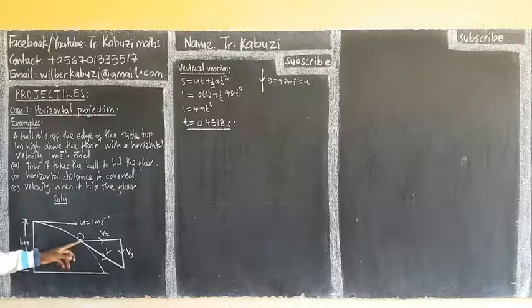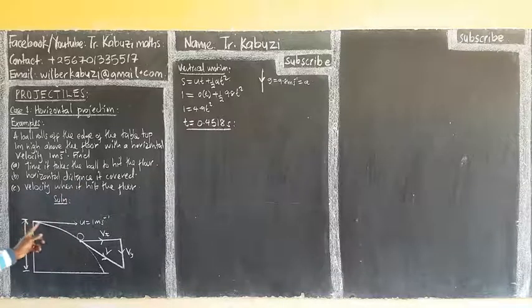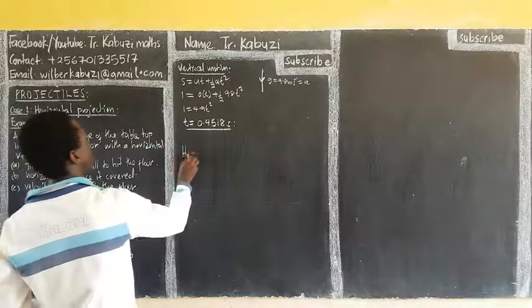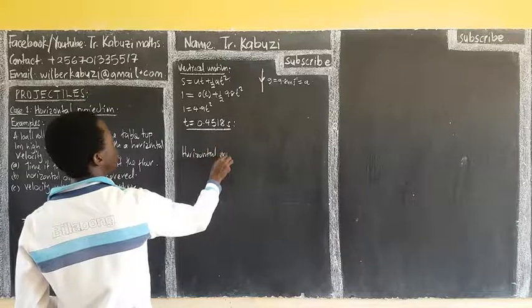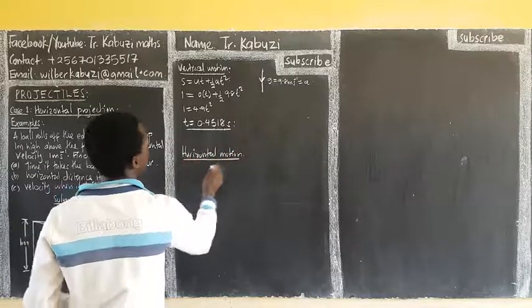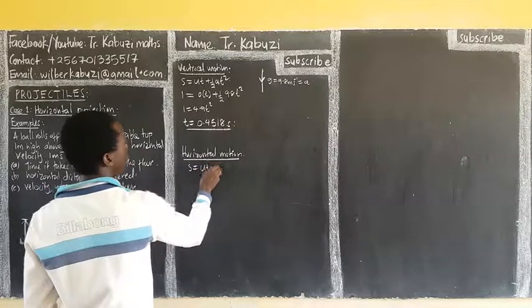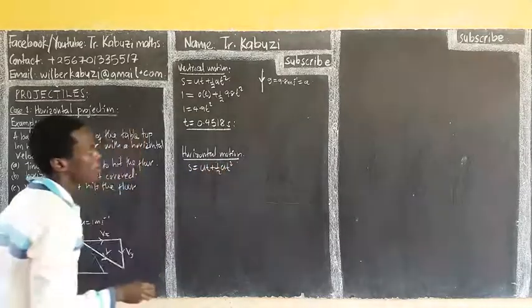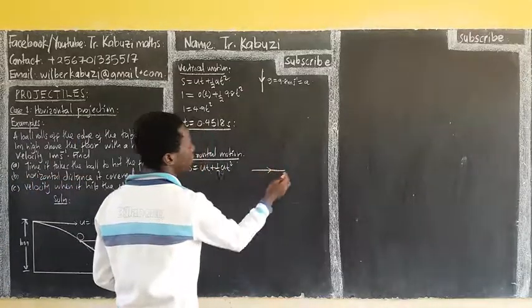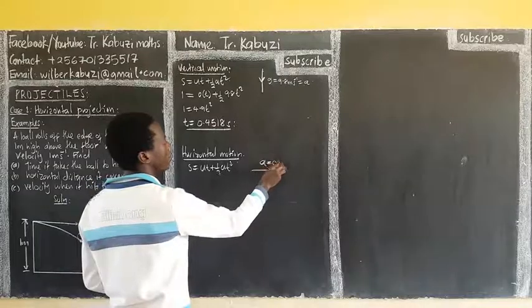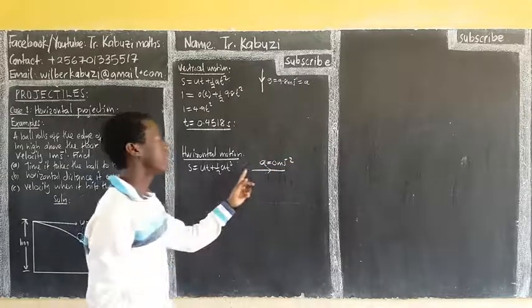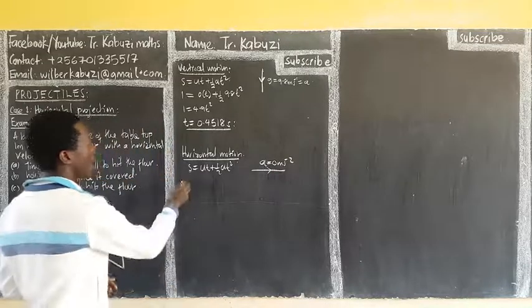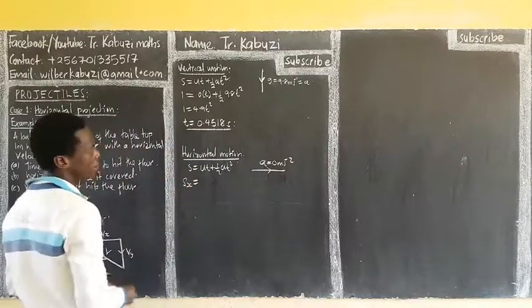Now this is our ball. Now the next one is the horizontal distance it covered. Assuming our ball is here, the horizontal distance it covered, from here up to here, we need that horizontal distance. So in simple terms, we are now going to consider the horizontal motion. Now we are talking about the distance. So we are going to use the formula s equal to ut plus a half at squared. Now we said in horizontal, whenever we are moving like this, the speed is going to be the same. So there, our acceleration is going to be 0 meters per second squared, because this speed is going to be constant. So our sx, the distance in the horizontal direction,